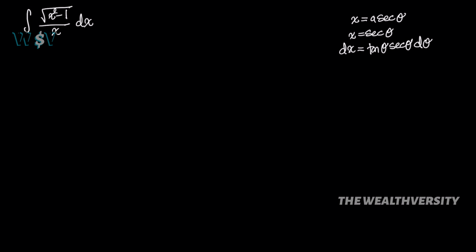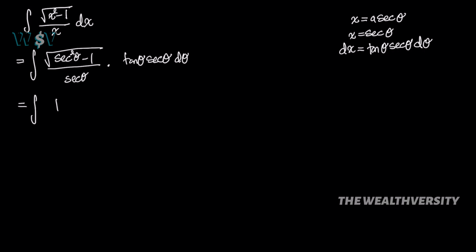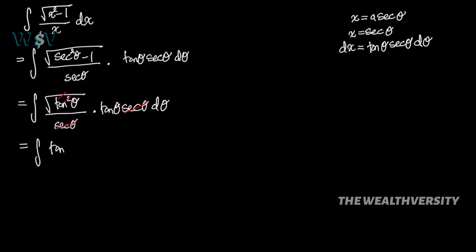We sub these back into the integral, and our integral becomes the square root of secant theta squared minus 1 divided by secant theta, times tan theta secant theta. Secant theta squared minus 1 is a trig identity that equals tan theta squared. So we will have the square root of tan squared, times tan theta secant theta, divided by secant theta. The secant theta cancels, and the square root cancels, and we are left with tan theta times tan theta,